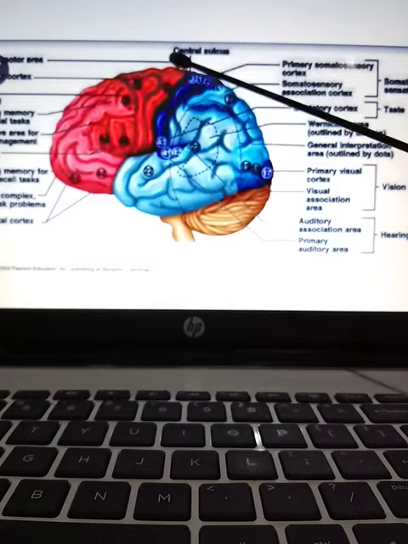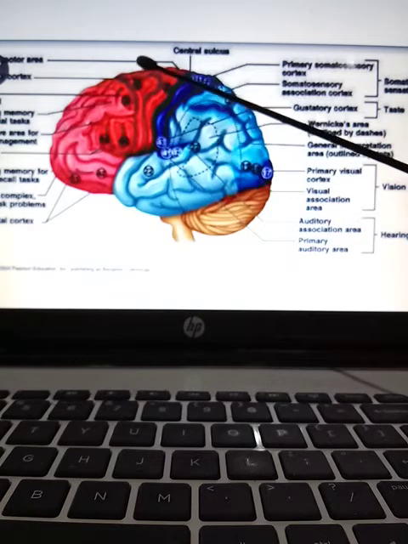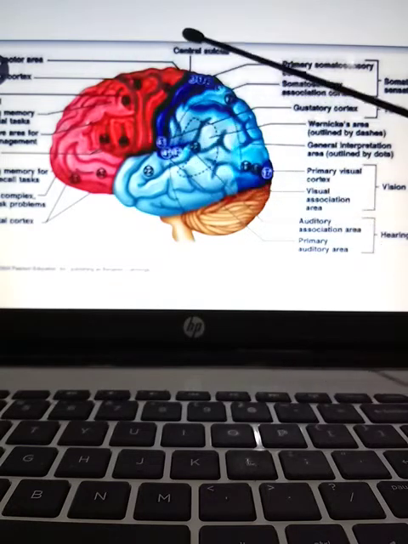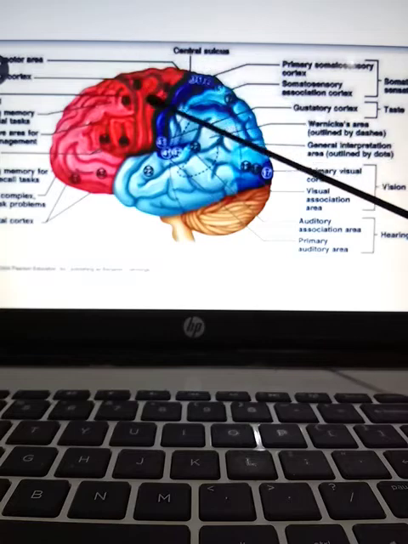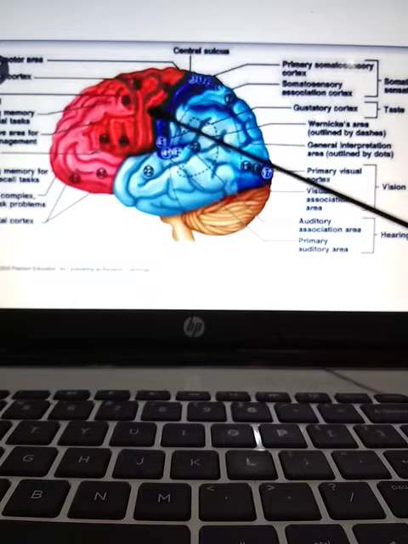It is present between the central sulcus and the precentral sulcus. This is the precentral gyrus. It is your primary motor area or Brodmann's area 4. This area is concerned with the movements of the various body parts. If this area is stimulated electrically, it will lead to movements of the various body parts. Various fibers like corticospinal and corticonuclear move out from this area as efferents.